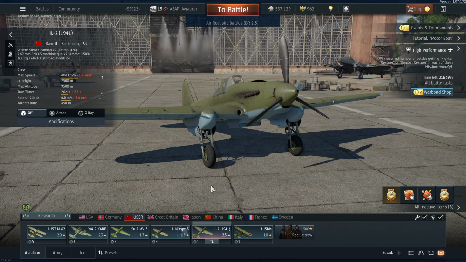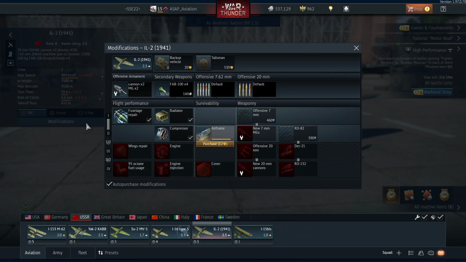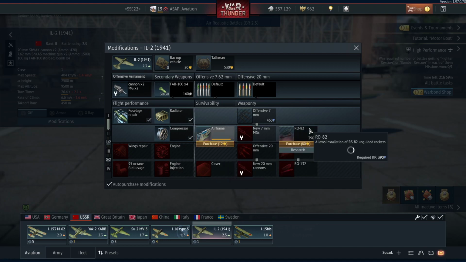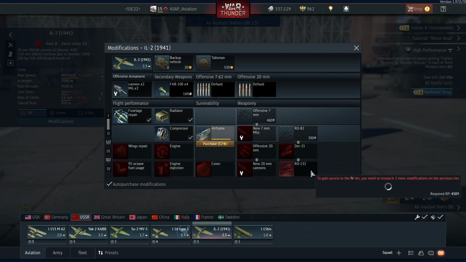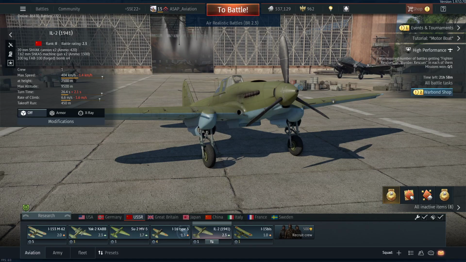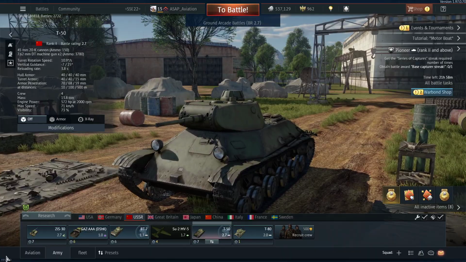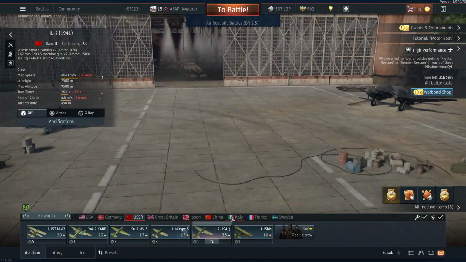Today we're gonna be flying the IL-2 in aerialistic battles. This is the very first IL-2 and we're gonna try and finish up researching that and get bombs, rockets, get this part of the tree unlocked so we can take it into tank RB, which is my forte. I'm not a very good